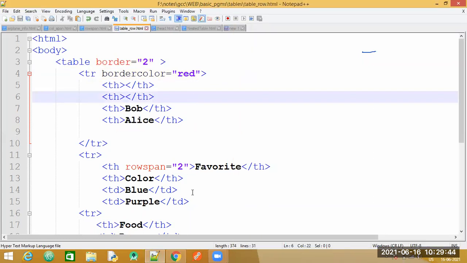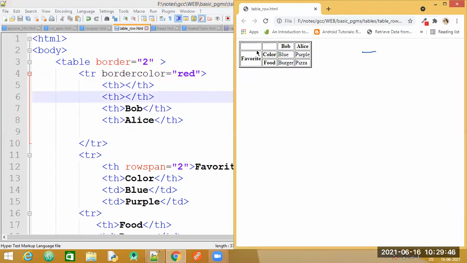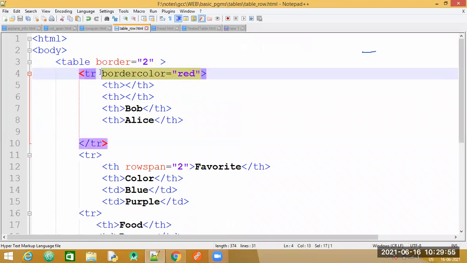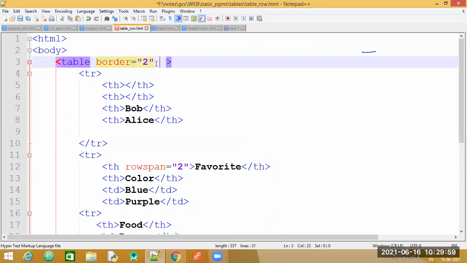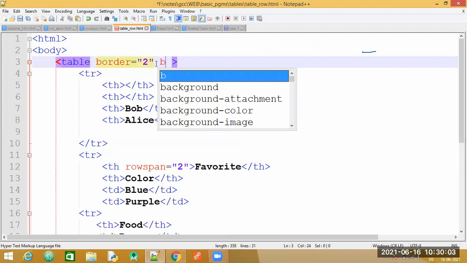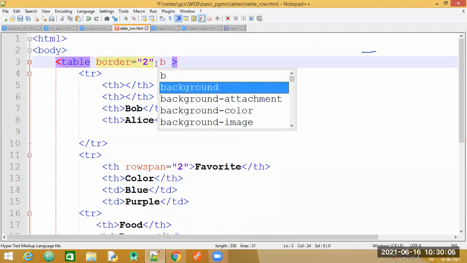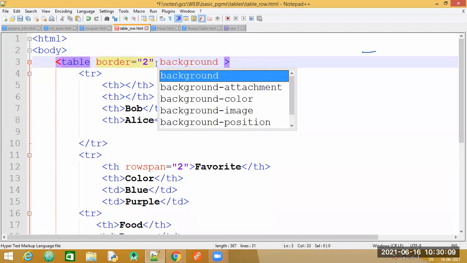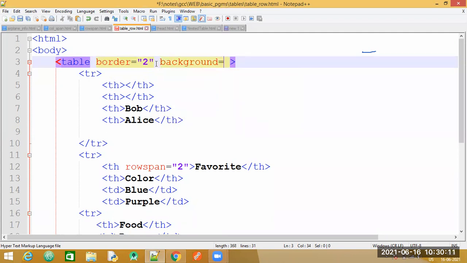Okay, so here for this one particular row, the border color is not applied. Fine. Now let me again take this off from here. Let me come back to our table tag. Now let me specify another value here for the background. Instead of specifying the background color, I will specify an image.